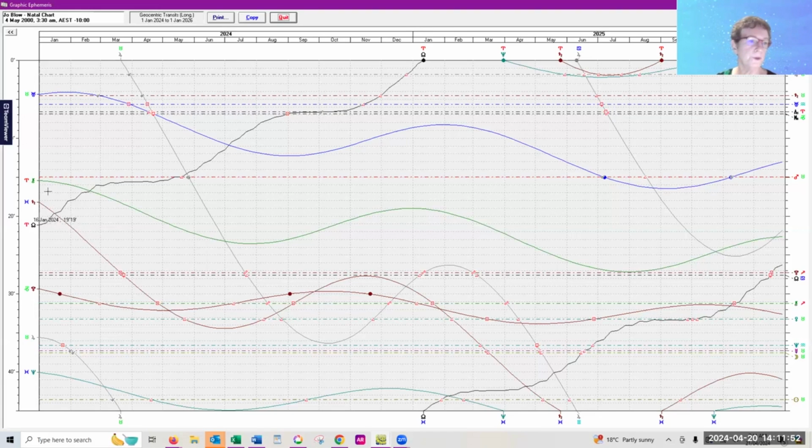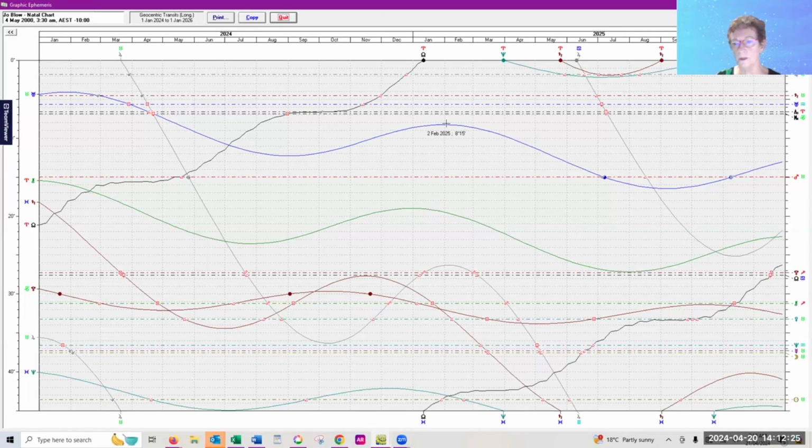So from the left, we've got the transiting planets coming in. Here's Uranus in Taurus, and it's just messing around with the natal Saturn in Taurus. And here it goes. It's conjunct the planet exactly here. And you'll see that that is on the 28th of February, 24. Saturn moves on, and now it's going to square Uranus over here. And on and on. When it gets to here in September, it's going to go retrograde, so it'll be running